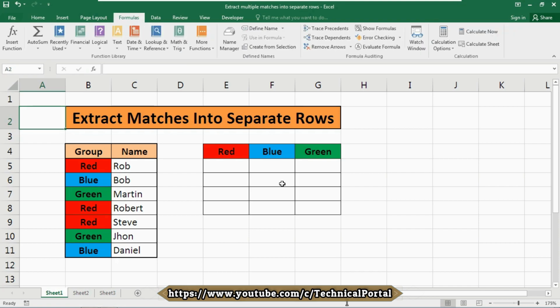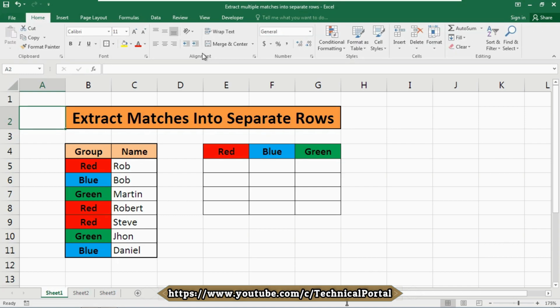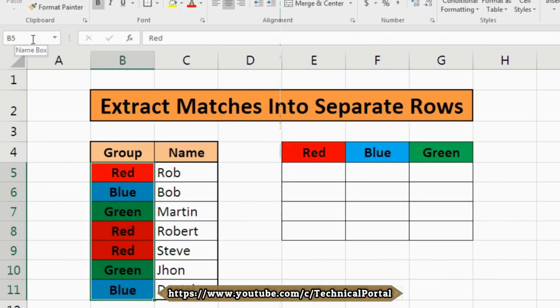At first, as this formula is going to be so complex, we need to separate the name ranges and lock them so that we can easily use them as cell references in our formula, right? So first, select your groups, like I am selecting, and change the name of your range by clicking here. I'm naming it groups. Hit enter, it will be named automatically. After that, change the named range of the names of these groups, right? So I'm again selecting the cell references and clicking here, changing the name range to names. Hit enter. Now that's all.